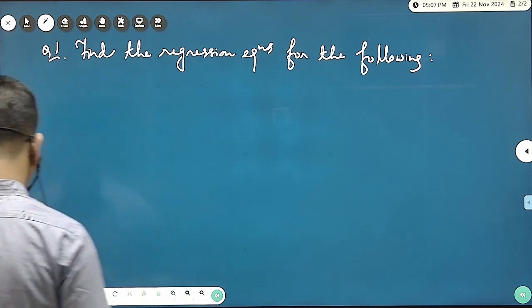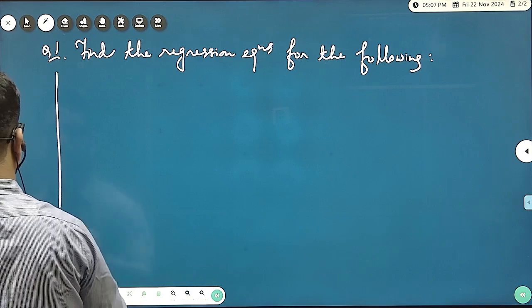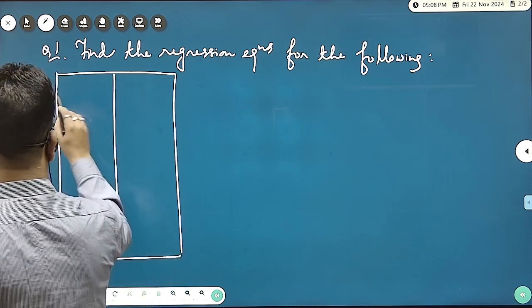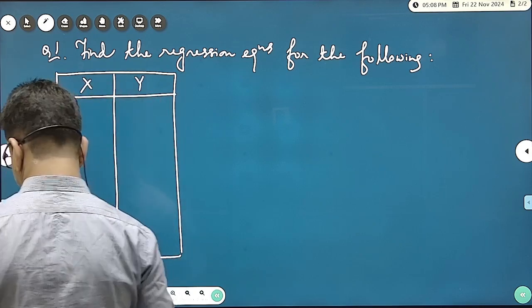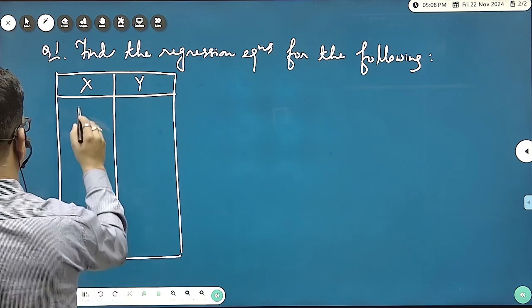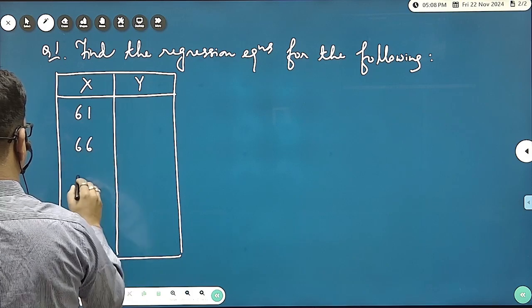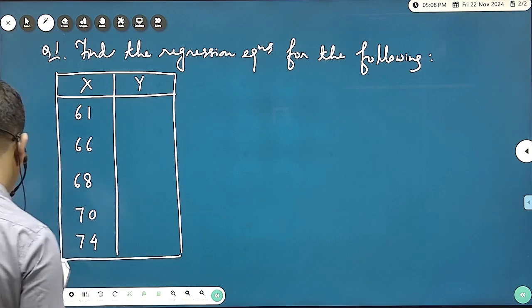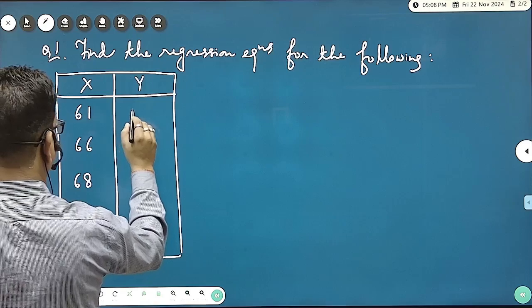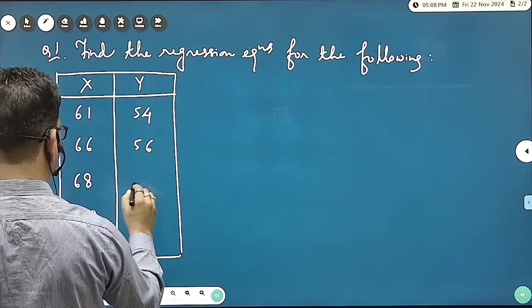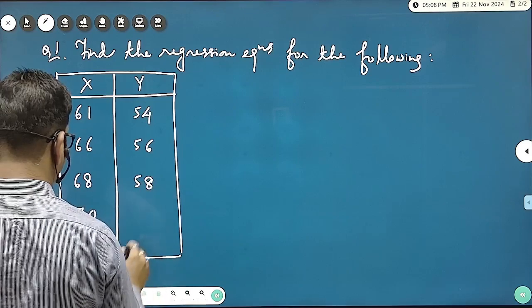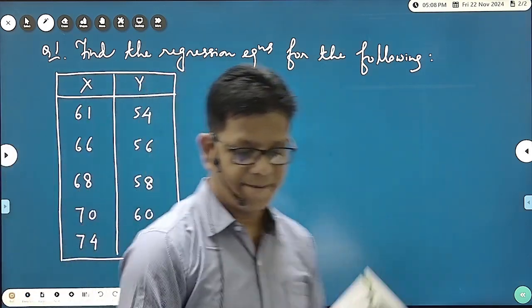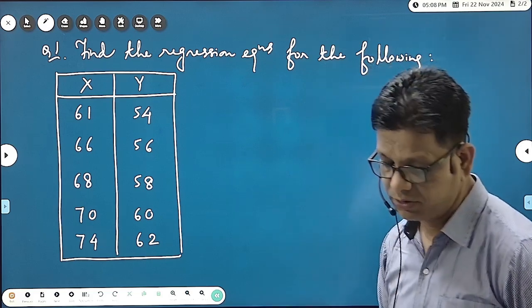So let's start this table. I just take an example to make you understand. For any numbers you can do it. Yes or no? So these are the two quantities, x and y. X is, suppose, 61, 66, 68, 70 and 74. Okay, I'm just taking 5 quantities. Then y is, suppose, anything like 54, 56, 58, 60 and 64 and 62, right? So this is what. Now to get both the regression equations, first what you have to do,